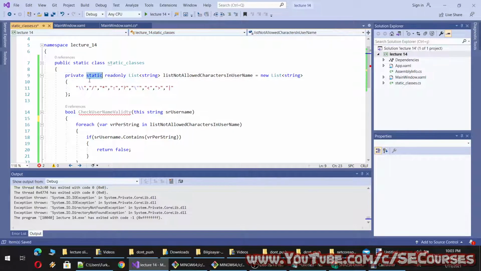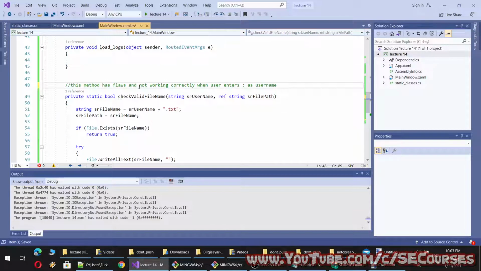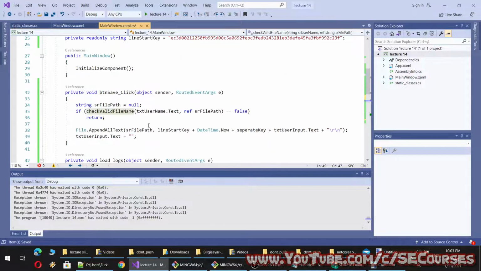And this has to be static and also public. Why? Because we will use this as an extension, and therefore it has to be static, and we will access it from other classes, therefore it has to be public. Okay, now instead of using this method, I will simply use this.